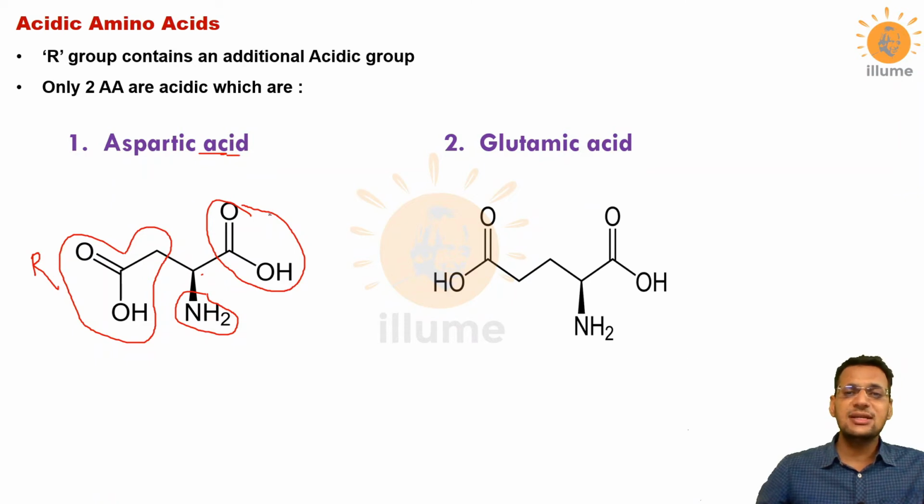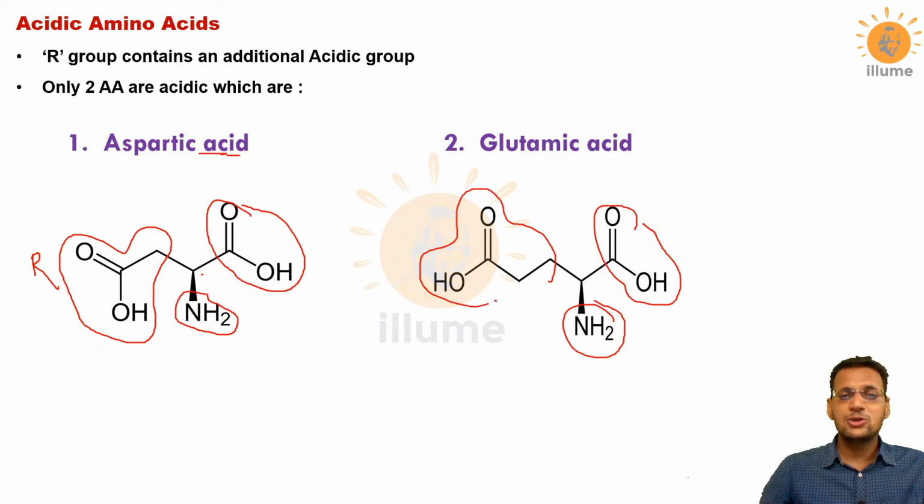The next is glutamic acid. Here, this is the C double bond OH group, the carboxylic acid group. This is the NH2 group, and this is the R group, which also contains a carboxylic acid group. So this is also an example of an acidic amino acid. The examples of acidic amino acids are easy to remember, as the name itself suggests that the amino acid is acidic, like aspartic acid and glutamic acid. The suffix used is acid, because they are acidic amino acids. So you don't need any mnemonic to learn the examples of acidic amino acids.